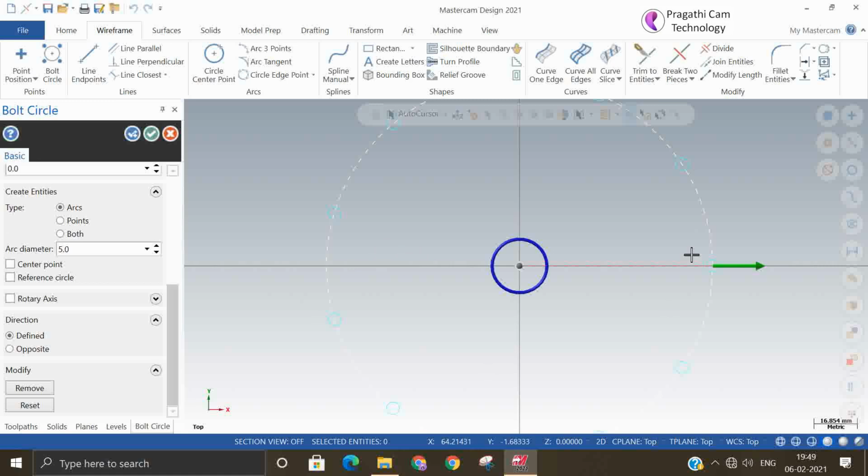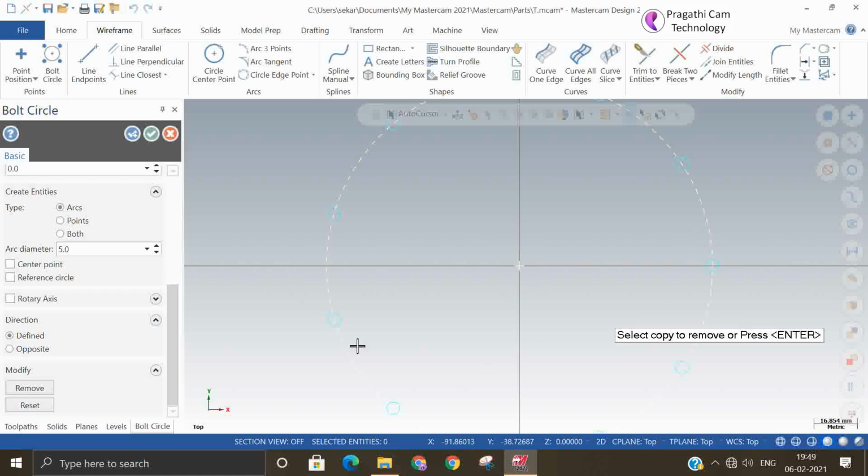Suppose if you don't want some of the circles, you can remove them, and also you can reset. Both options are available. So the remove option is also workable, but just copy, select it, enter.